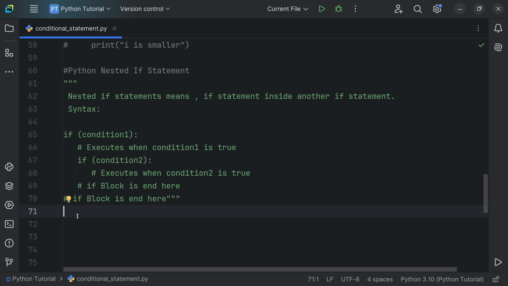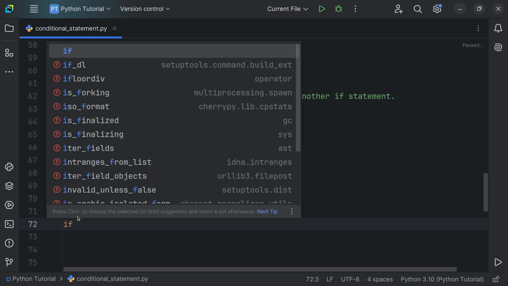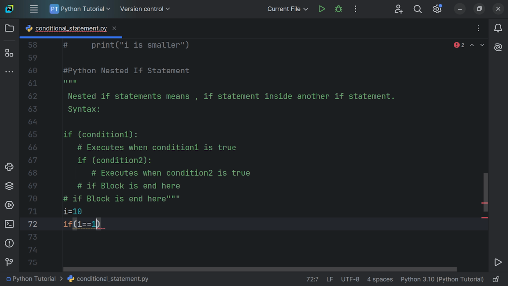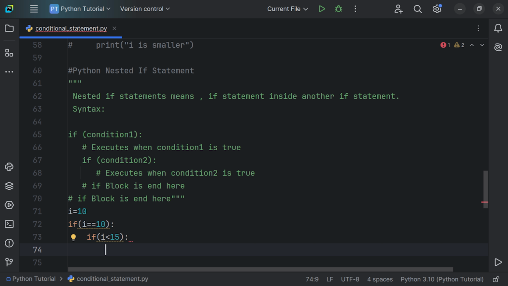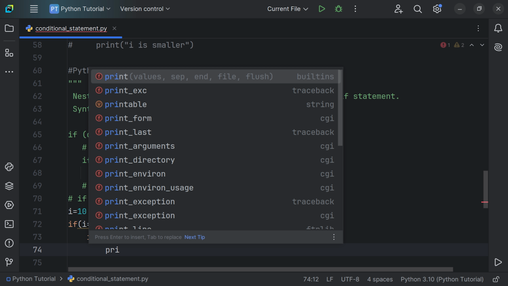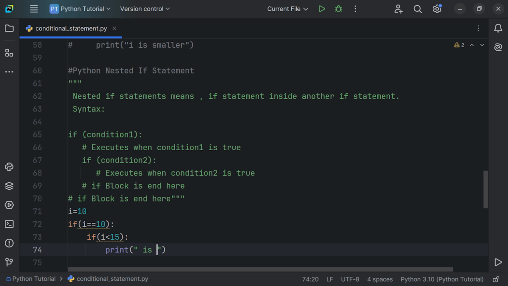Let's say that I is equal to 10. So I'll be setting I is equal to 10 and we can provide the first condition, that is if I equal to 10, then later on we can provide the other if condition as we are performing the nested if condition, that is I less than 15. So if I less than 15, we can provide the statement that is I is smaller than